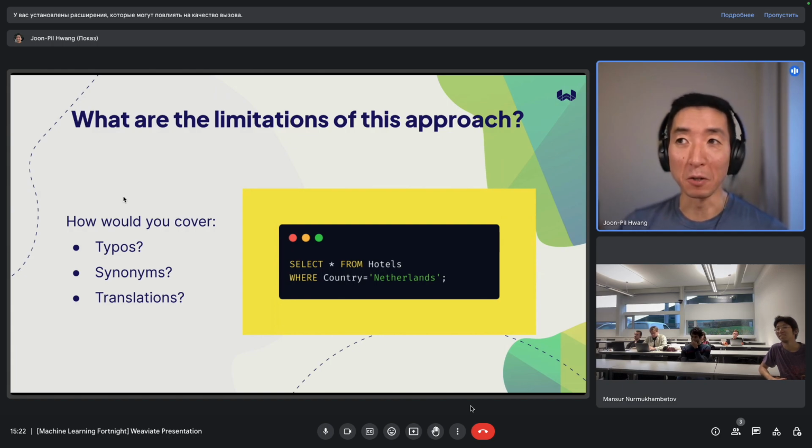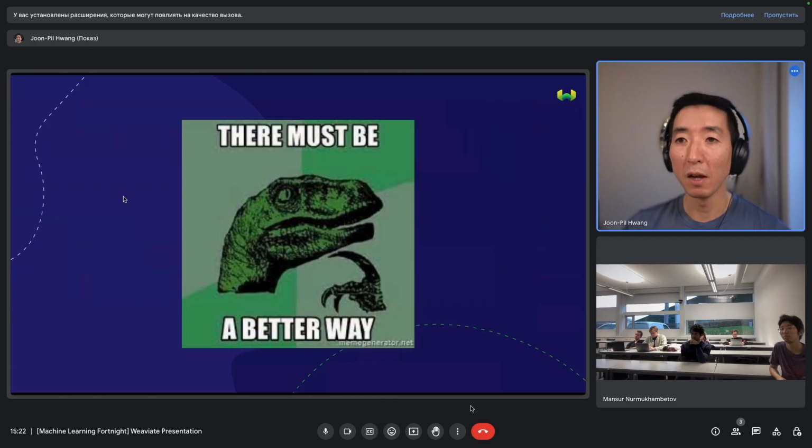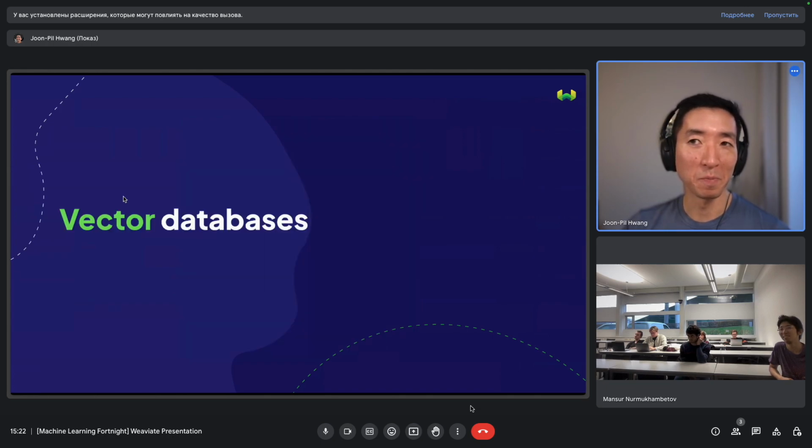But if you use search strings in different languages, obviously in Europe, people speak many different languages, so it might not work if you type in the search string in Dutch or in French or whatever, right? So you go, well, what else could we do to solve this problem? And that's where vector databases come in, and that's where some of the benefits of vector databases are really handy.